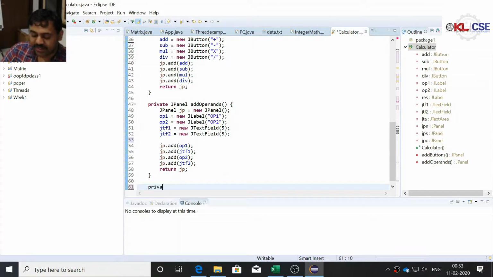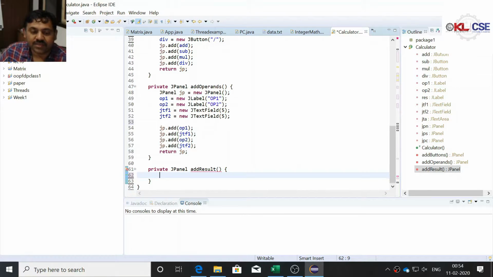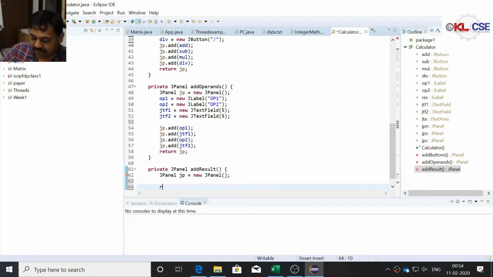I would now go ahead and create the last method in this sequence, that is add result. So what is the purpose of this method? This method is trying to create the panel for the result area. So JP is equal to new JPanel of. So I created my panel, I would return my panel,